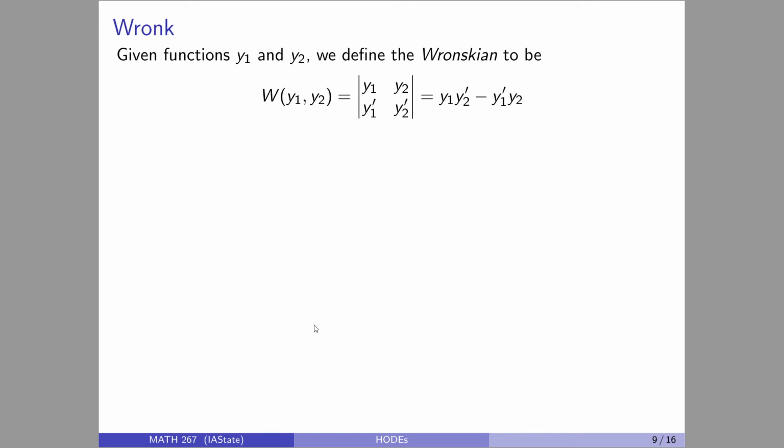Okay. So, given functions y1 and y2, the Wronskian, named after a mathematician named Wronski,